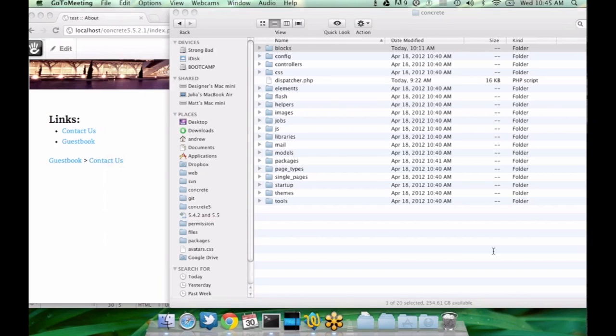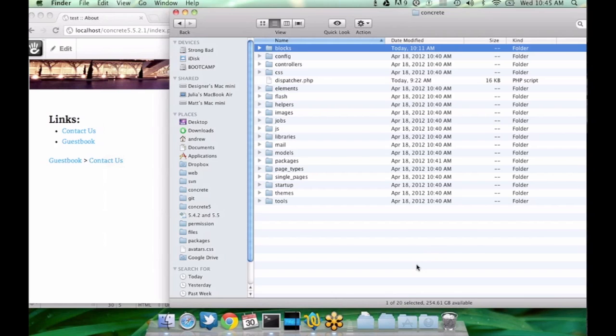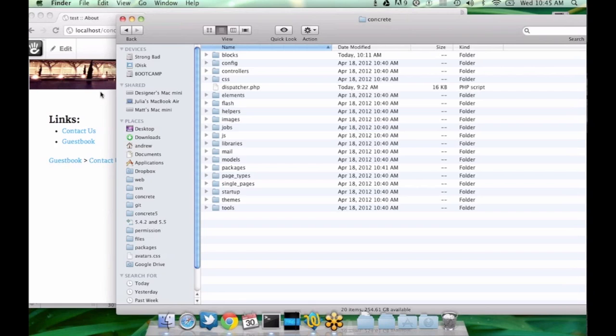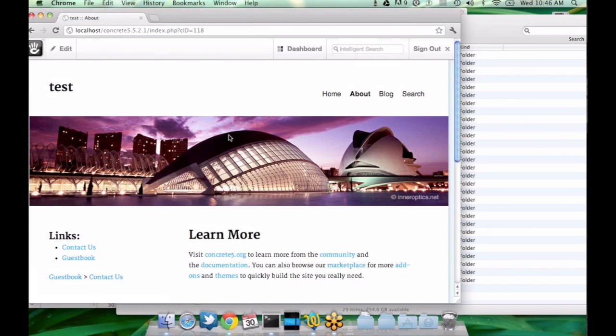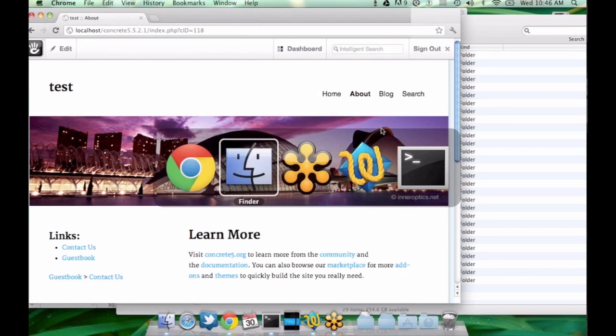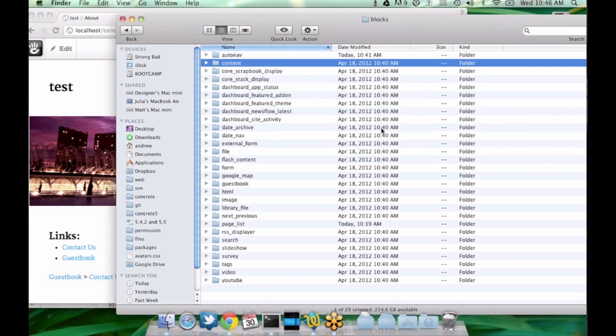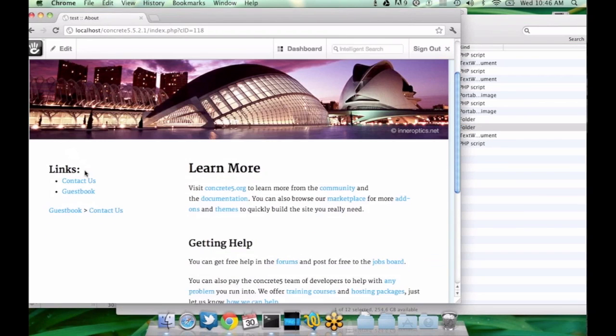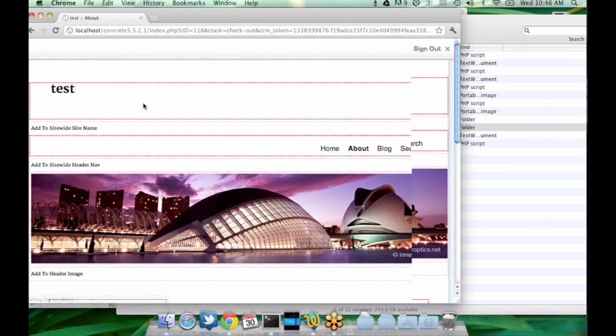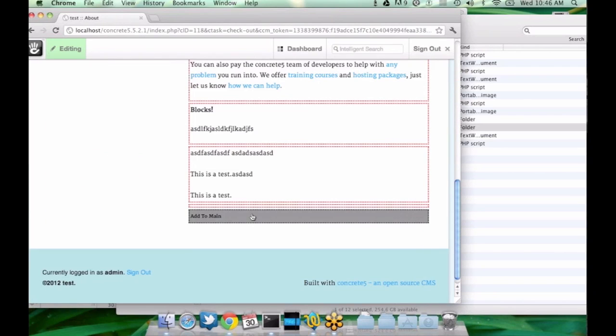Tom asks, can it automatically include a CSS and JS file for a block, or is that more of an advanced thing? No, that's a great question. Yes, it can, and this is something that a few of our blocks in the core do. Let me try and recall exactly which ones. The page list is a good example of this. Yes, you can automatically include different CSS files and JavaScripts for blocks in the